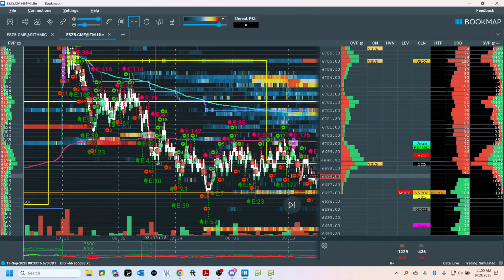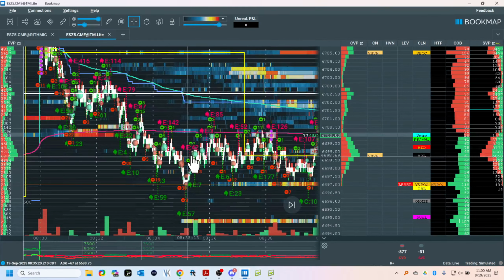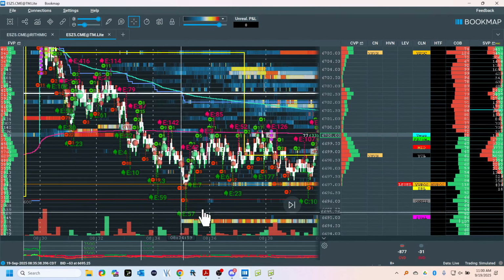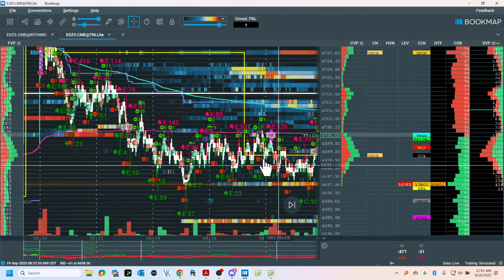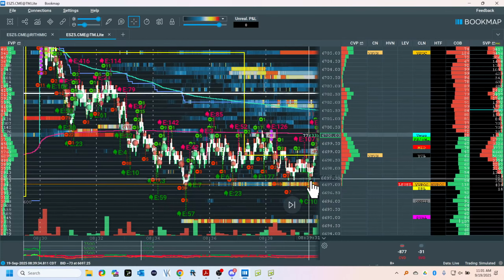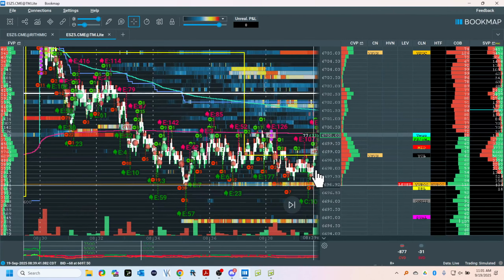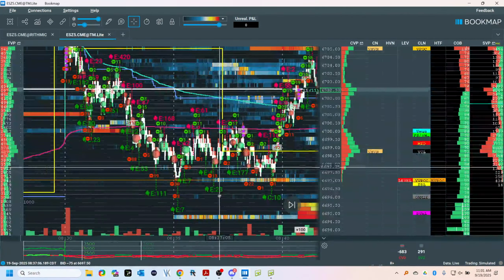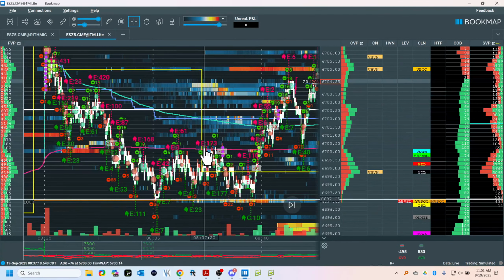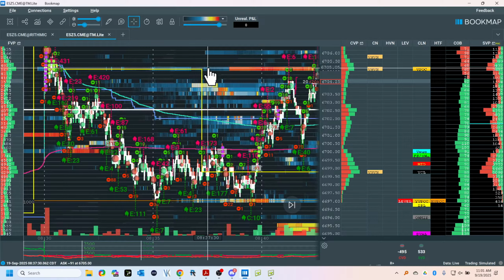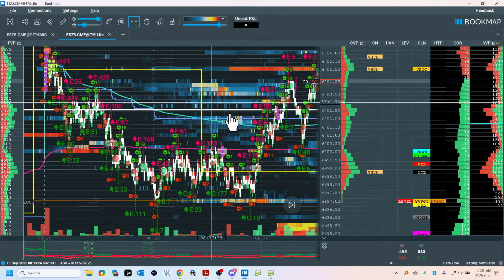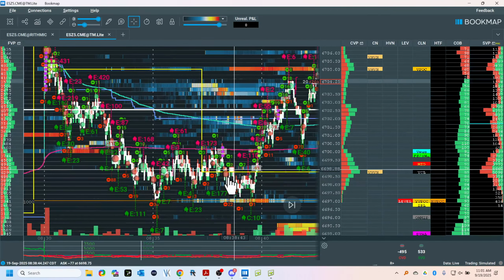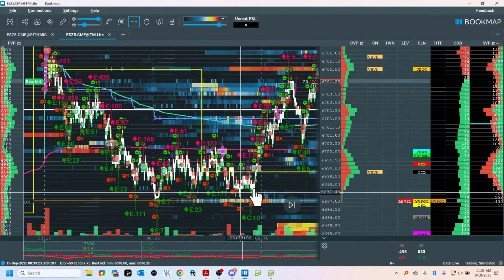So this is my first area to look for a long. So right here, liquidity comes in the book. There's absorption going on here. And this is now my retail price. For me to get long, it has to get above this. This is my resistance. Why? It was too high. Now, let's assume you can't get in here, okay? Now, if you're anticipating this, you would already be stalking a long.